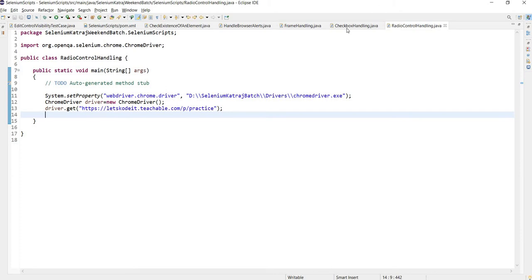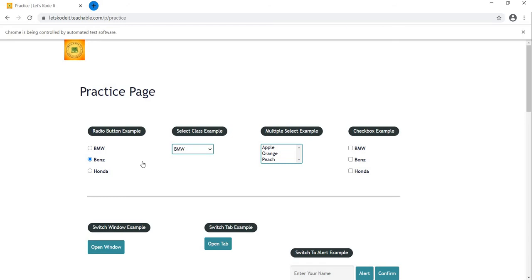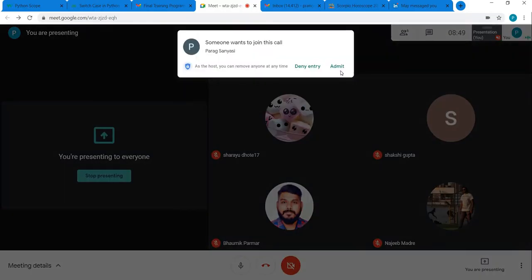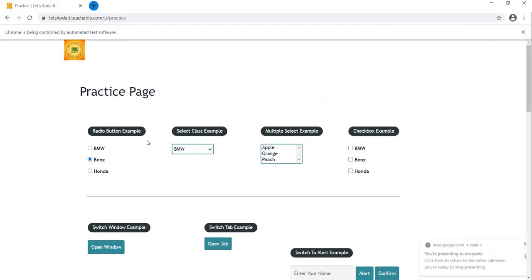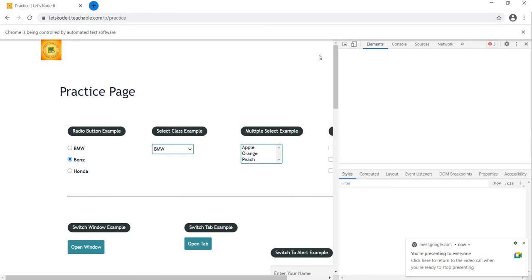Let's identify the control. I want to click on Honda. I want to click on this Honda radio. So I'm inspecting the control.